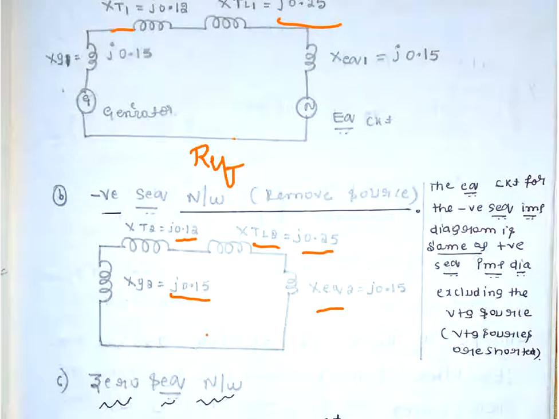Then the zero sequence network. For the generator, it is the same as in the positive sequence, but it varies with the transformers. So how will you draw the zero sequence network for the transformer? You will be using switches, two from the primary and two from the secondary. That means one is series and one is shunt, right? And the secondary also has series and shunt. When will the series switches be closed?